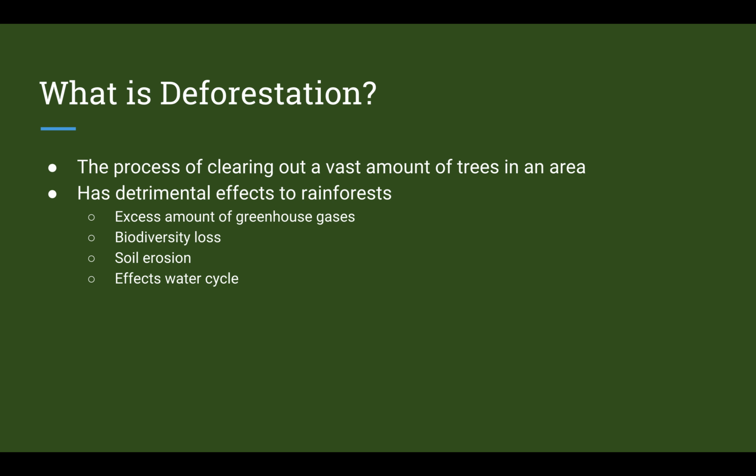And my next point is soil erosion. Tree roots anchor soil. Without trees, the soil is too dry, lacks nutrients because there's no water coming from the trees, which leads to vegetation problems. And because of this dry soil, it ends up being blown into the river, which messes up the water quality. It also affects the water cycle, and trees are a significant part of the water cycle.